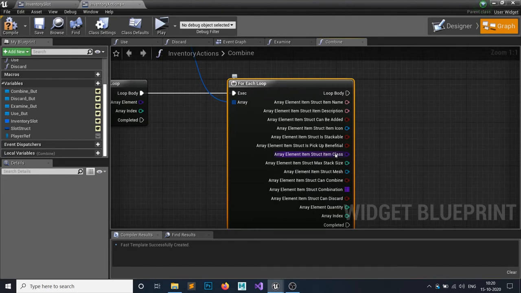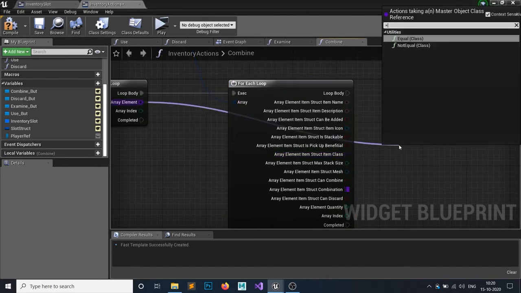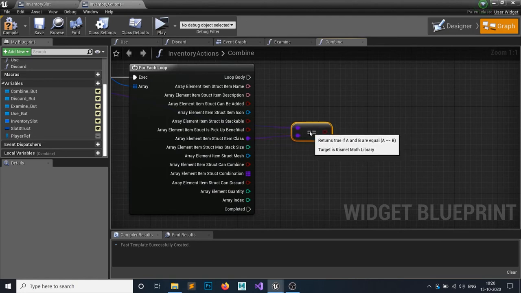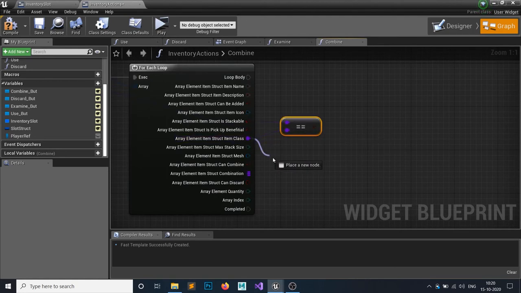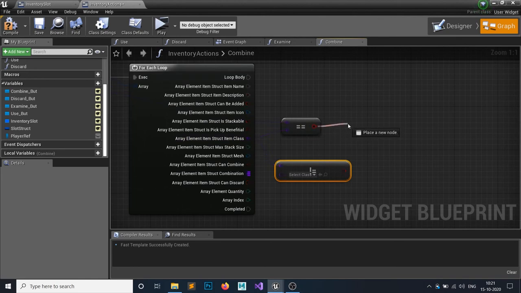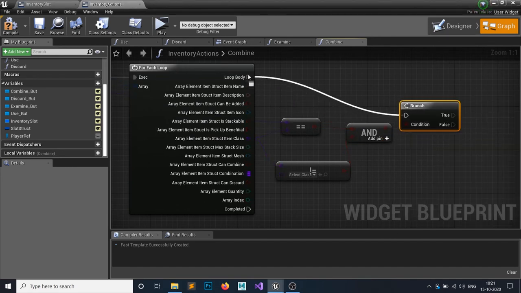Then what we want to do is check if this and the class of this item are the same or not. If it's the same, then we also want to check if it's not equal to null. So if it's not equal to null, if both are true, then we want to do the further part.